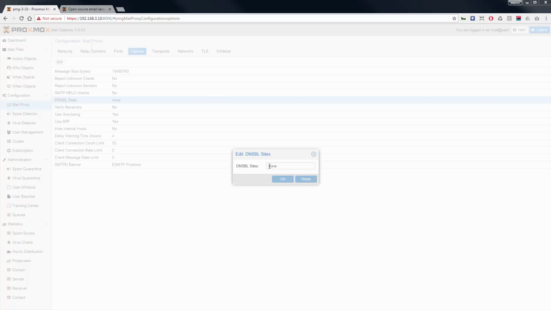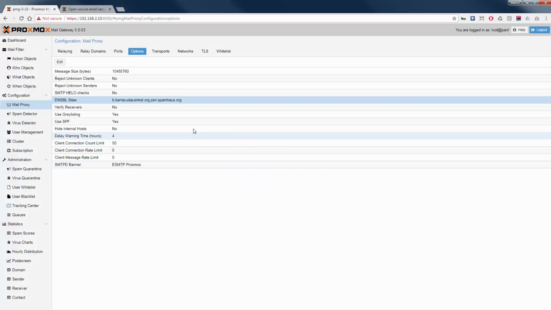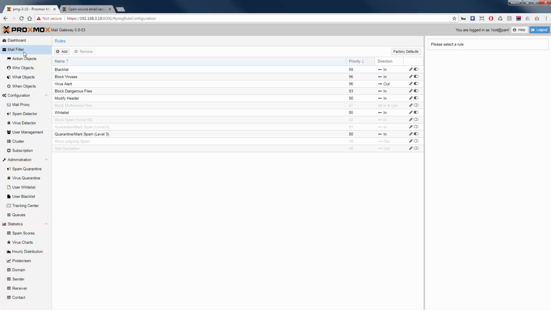One of the most trusted DNS blacklists is Spamhaus. There is no registration needed to start, but you need to make sure that you are allowed to do queries. You can follow their usage policy on their website. In this demo, I'll add the two DNS blacklists, b.barracudacentral.org and z.spamhaus.org. The Proxmox rule system comes with some pre-configured rules. Some are already activated so you can start immediately with the default rule set.